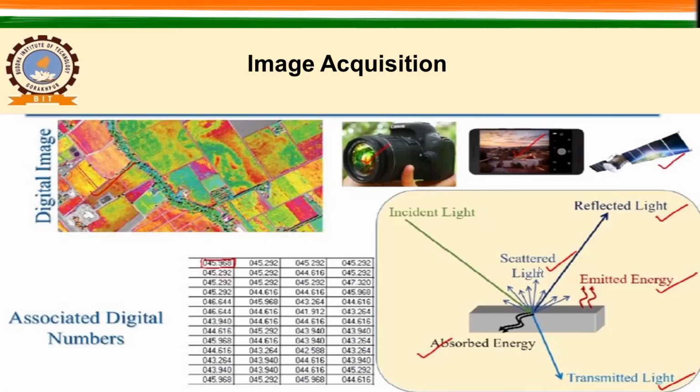So this information can be captured by your specific type of sensor. Basically this is a matrix, and these matrices are associated with your pixels, right? Subsequently we display this as an image, and this is your ये आपका एक output होता है. So this way we are doing our remote sensing.